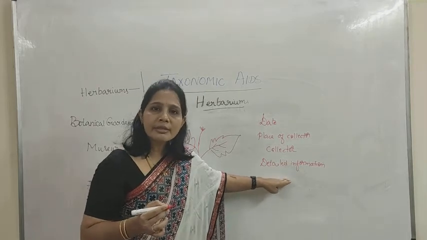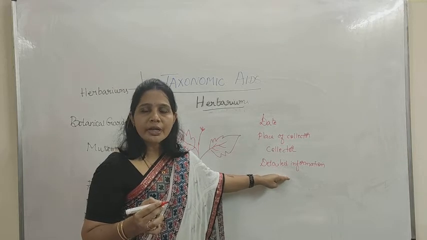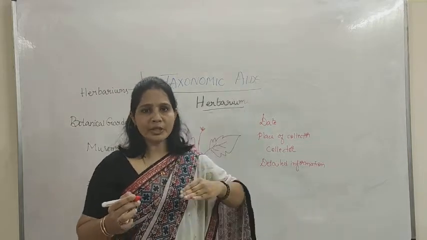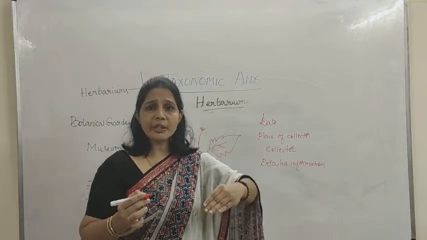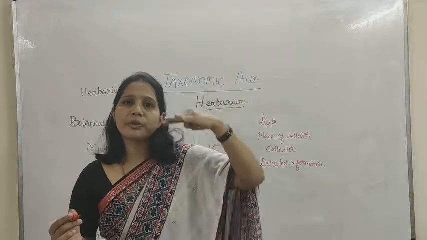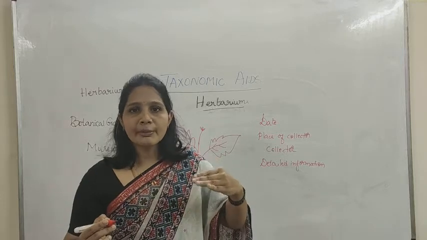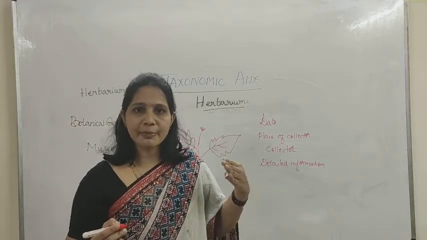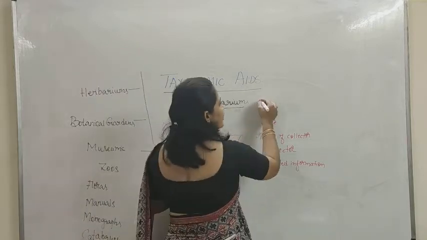What is meant by this detailed information? We already studied. If we need to classify a living organism, we start right from the kingdom up to the species. Isn't it? You remember? So class, species, genus, family, like that. It proceeds up to the level of the kingdom. The different taxonomic categories. Right? So we had seen already different examples pertaining to it.